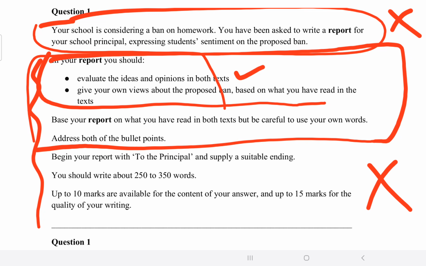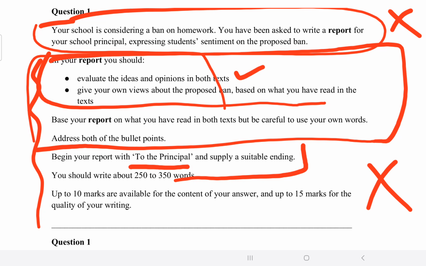Begin your report with "To the principal." This starting of the question is given. Remember, when the starting of the question is given, you have to follow that. If your teachers have been telling you that this is the way you start a report, a letter, or a speech, but when you read your question you find that the beginning of your directed writing task is given there, you have to follow anything that is given in the question. If that is given there, you have to follow the format that is given.